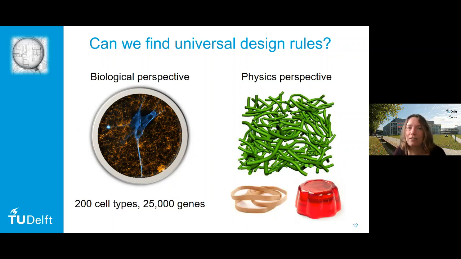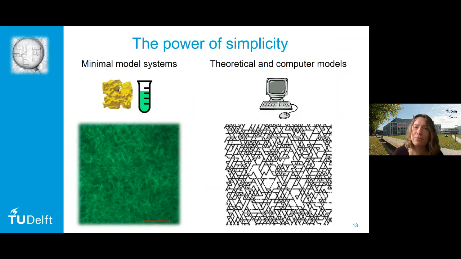Because as I said, the cytoskeleton in the cell, the matrix, they're basically made of filaments. And in physics, we have ways to think about the mechanical properties of filaments, and this is called polymer physics. And we find it back all around us. Think about a rubber band, think about pudding. All of this is made of filaments. And that's actually not so different from our body. And using this kind of reductionist perspective is a very powerful way